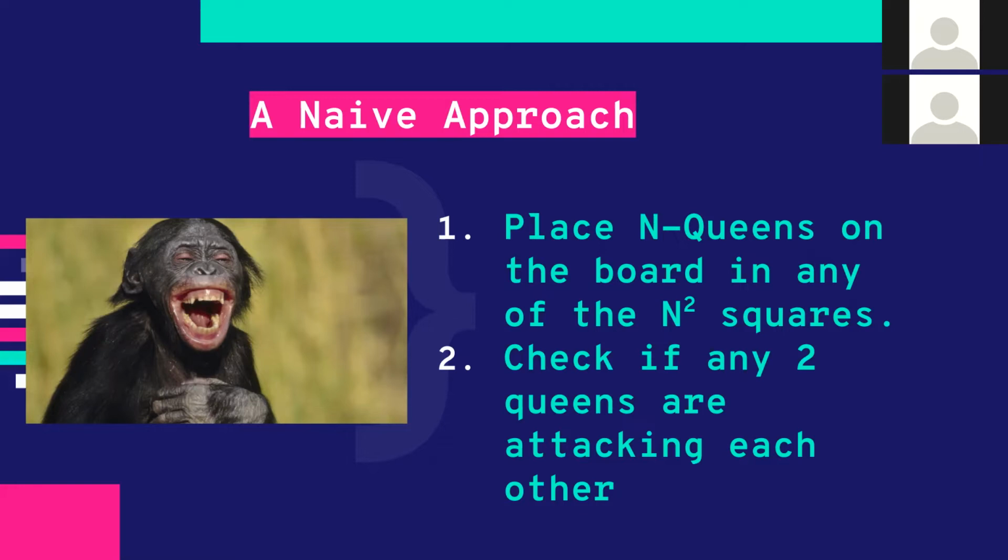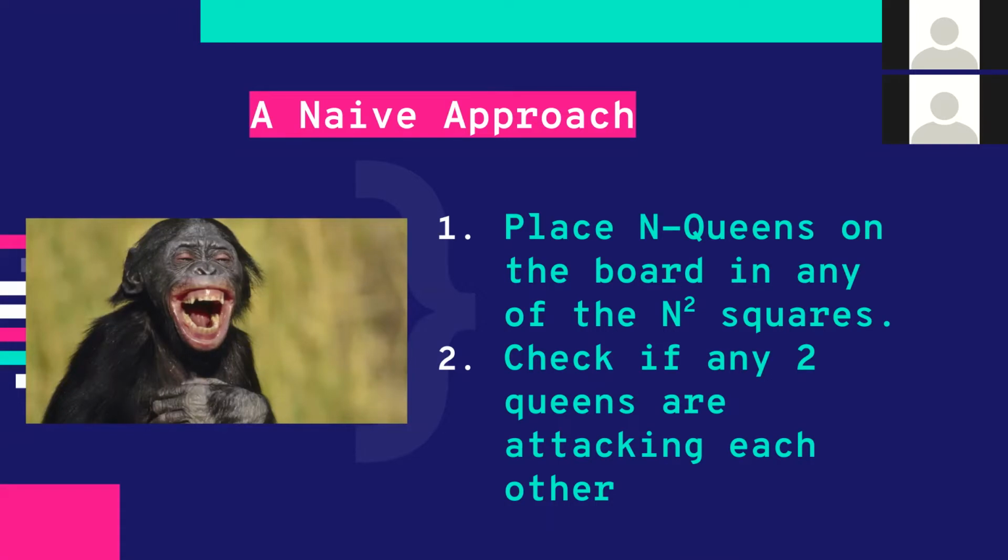I'll place all 8 queens in a single row, one after the other, and obviously that doesn't work. So I'll go to the next type of configuration. Place 7 queens in one row and one queen in any of the other 57 squares, and so on. There will be so many combinations, right? So I'll check all those combinations, and I'll see if any two queens are attacking each other in each one of them. If any two queens are attacking each other, then that combination doesn't work. So I'll go to the next combination, and so on.